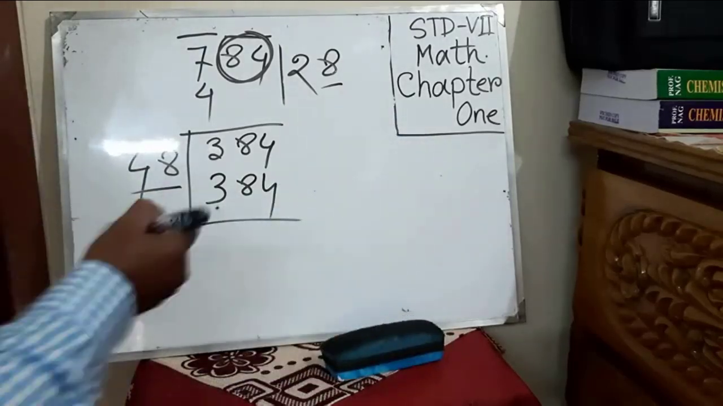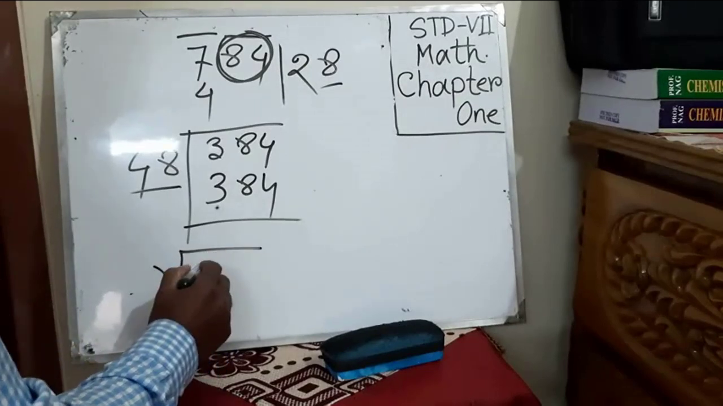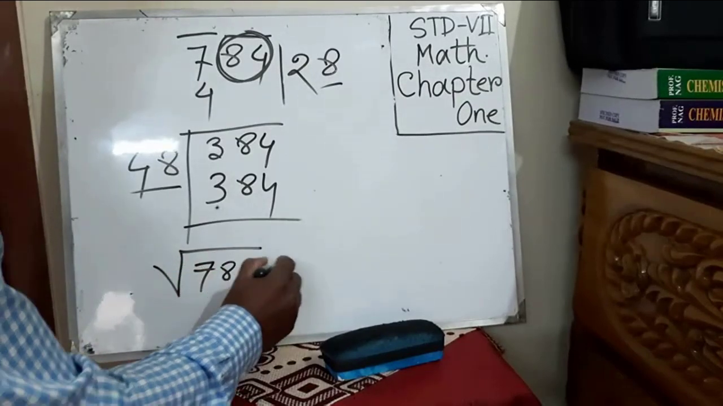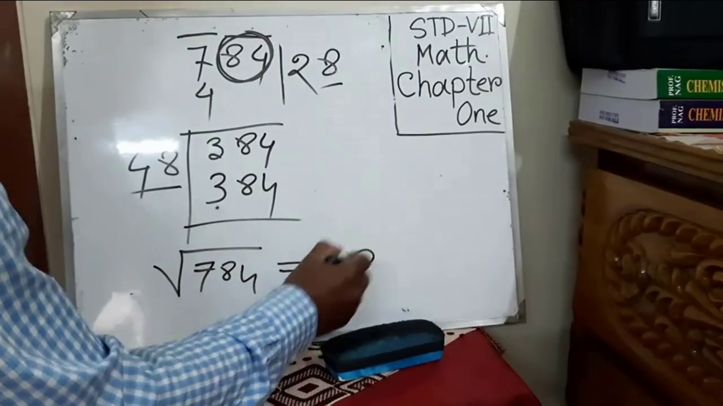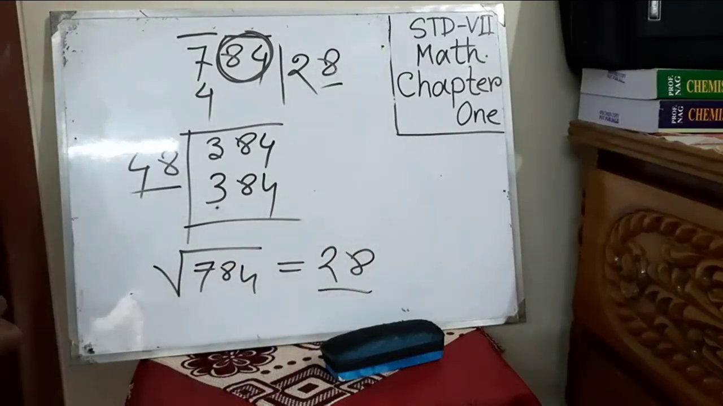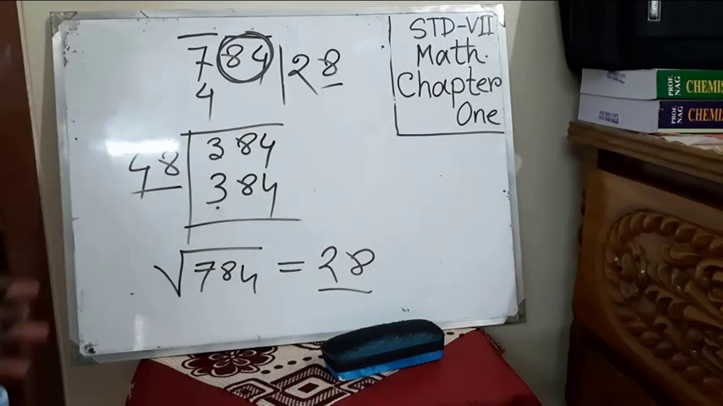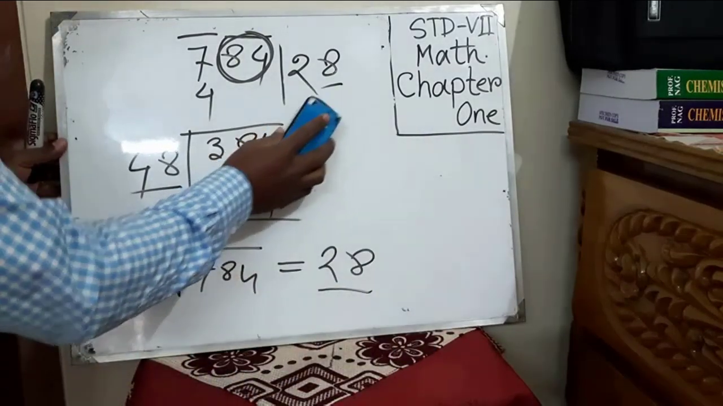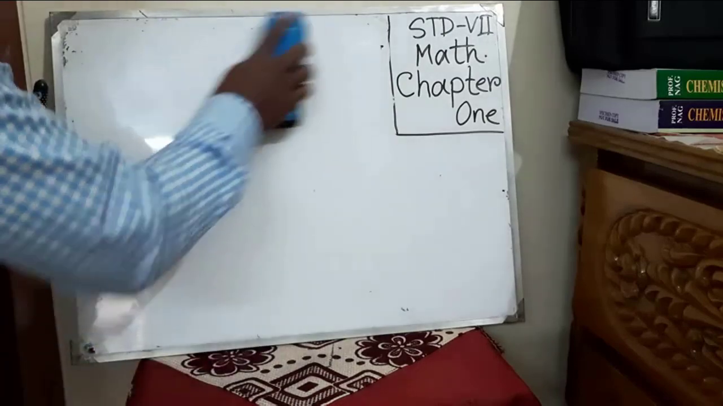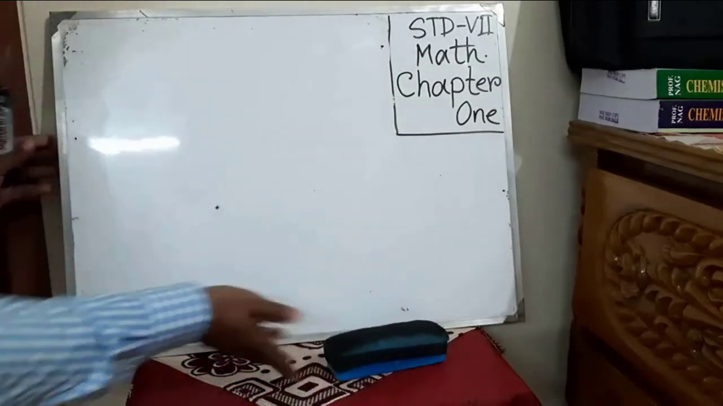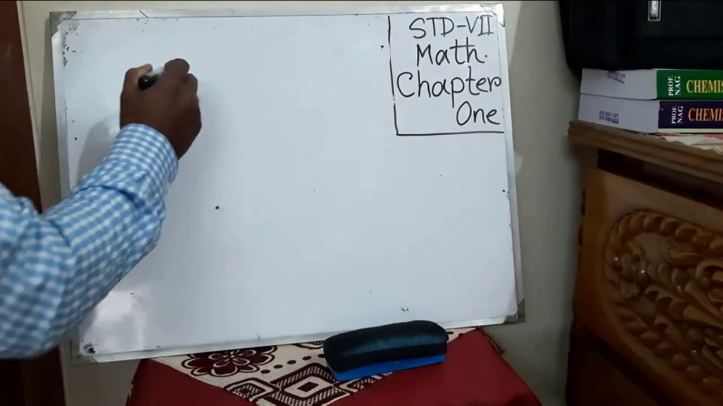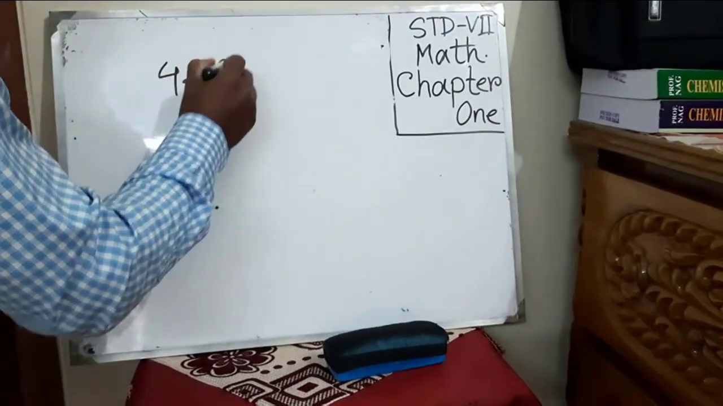So what will be the square root of 784? It equals 28. This is the square root of the square number 784. This is the procedure. So we'll practice another one or two. If this is 4225,